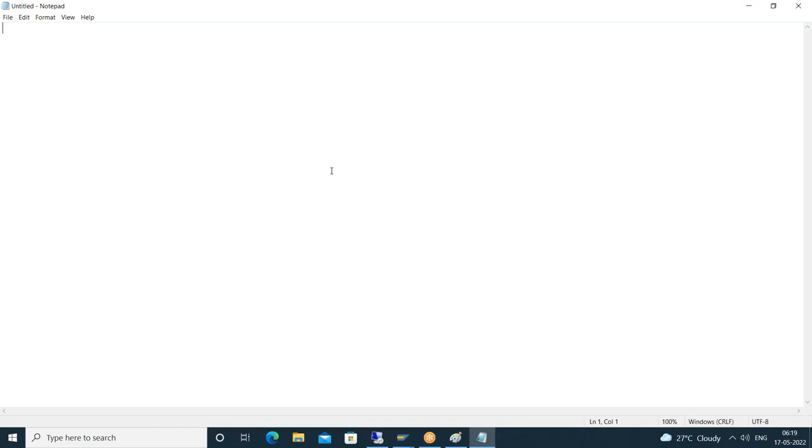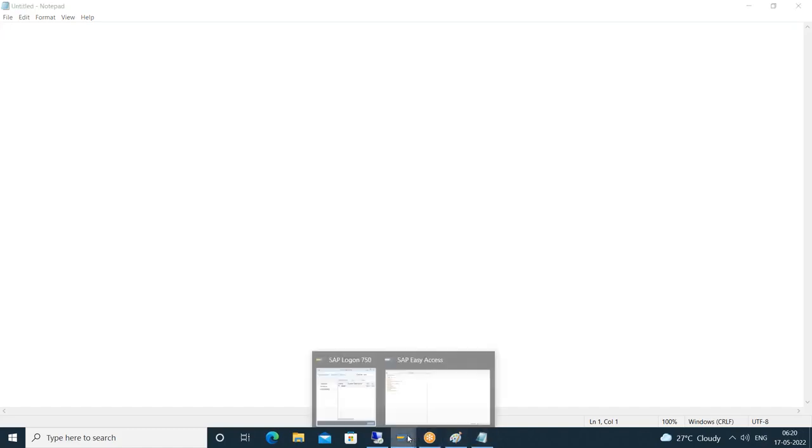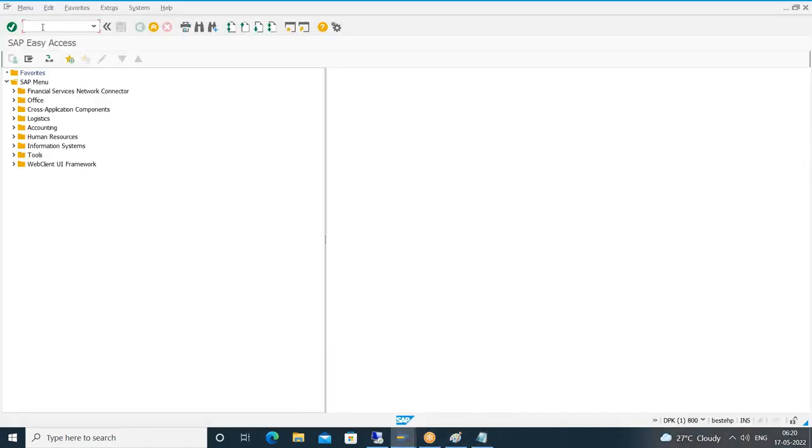So when do we go for TRFC? If the remote server need not be available at the time of communication. And it is recommended to call only those function modules in TRFC mode which don't return any values. So earlier, if you take our synchronous and asynchronous RFC, we are assuming this as the RFC server, and